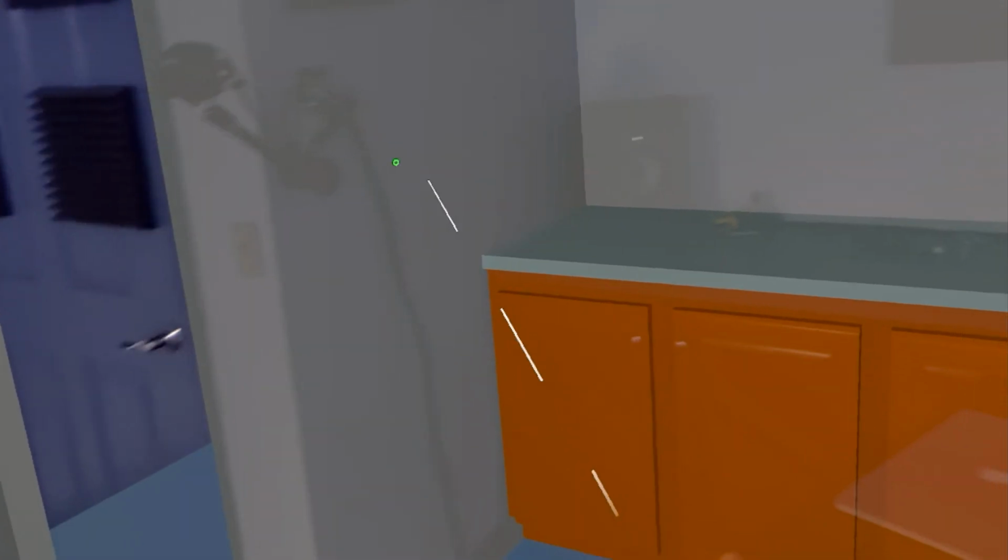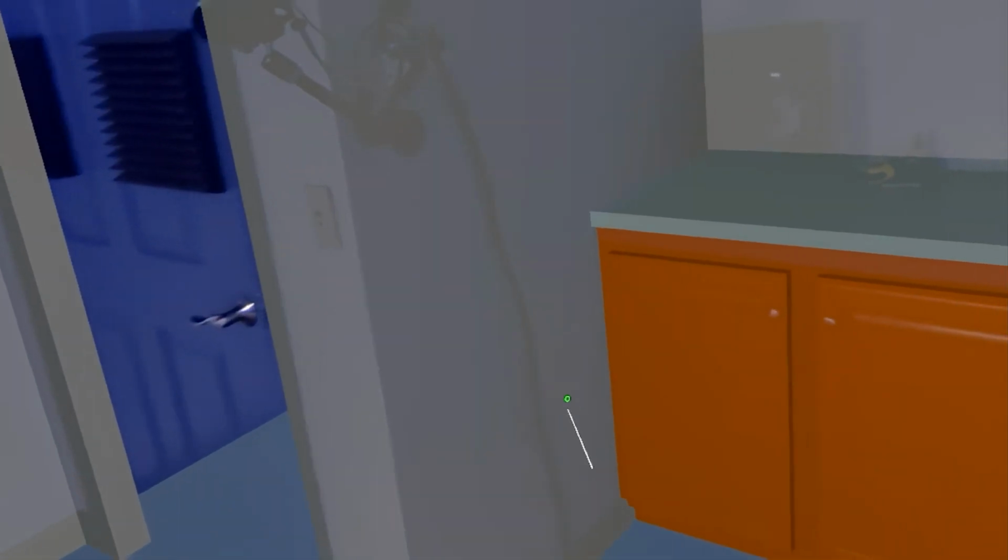So you've got the cutout there for where my door in reality is. It's got my cabinetry here. I can see my corners. I can see where my wall meets the ceiling. So again, this looks great, but the other good thing that Trimble's done here within the Connect for HoloLens is